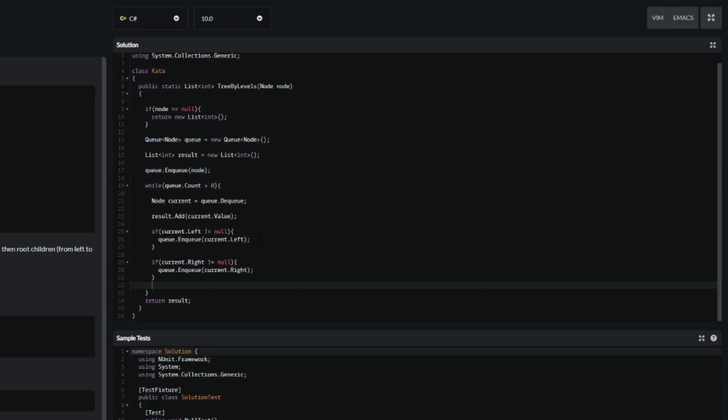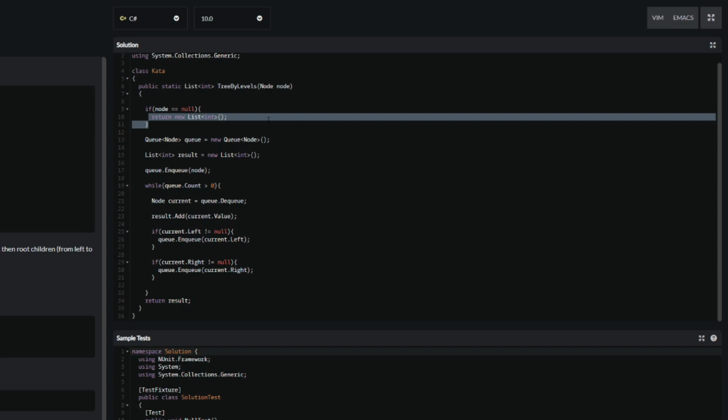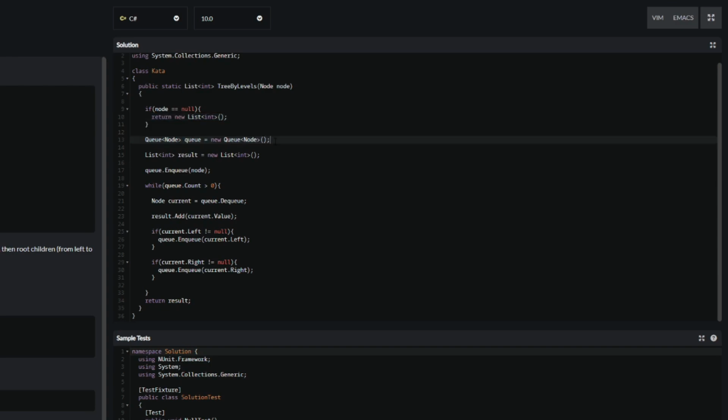Okay, so here is our whole method. Let's go through it one more time. If node is null, we're going to return a new list. Done. And then we are going to instantiate a queue, instantiate a list called results, and enqueue the first node to our queue. While that count is greater than 0, so while there are still nodes in the tree, we are going to